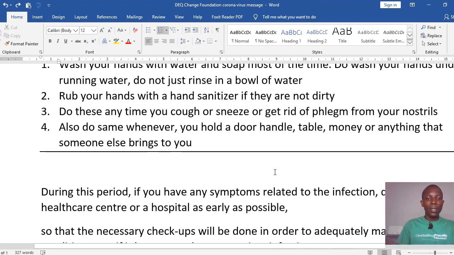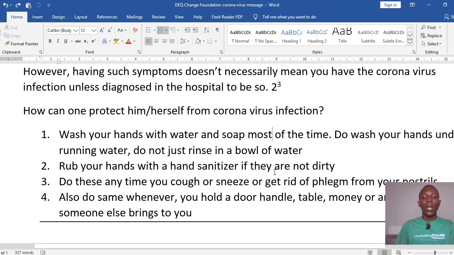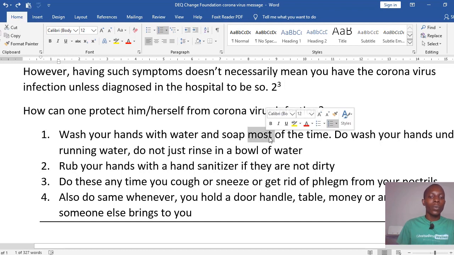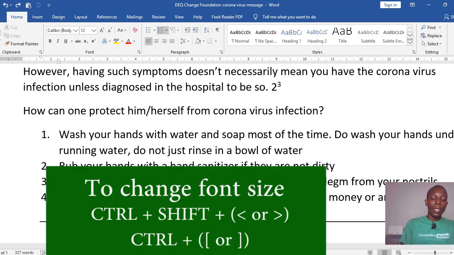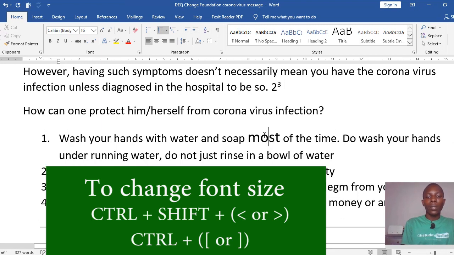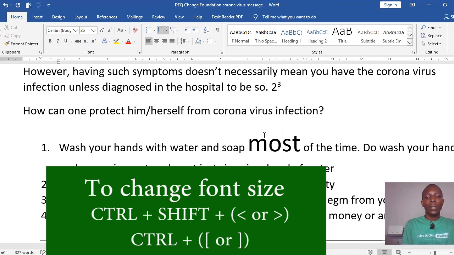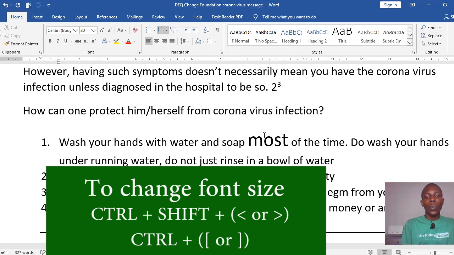Simple like that. The last step I want to show you in this video is how to increase the font size of a word. For instance, if I want this word to increase in font size by using a shortcut, all I do is place a cursor within the word, then I can use Ctrl Shift and the greater than sign. Ctrl Shift greater than sign. So as you can see, it is increasing the word. Simple like that. Ctrl Shift less than sign will take it back